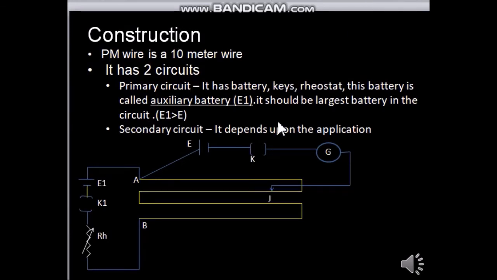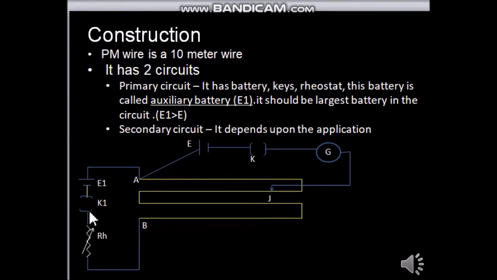See students, here we have the circuit of potentiometer. This A to B wire which is shown in yellow color, that is the potentiometer wire. From A to B, the wire which is running in continuation, this is the 10 meter long potentiometer wire. Potentiometer wire is only this, A to B. Other than this, we connect extra circuits. So detailed potentiometer circuit means two parts will be attached to it extra.